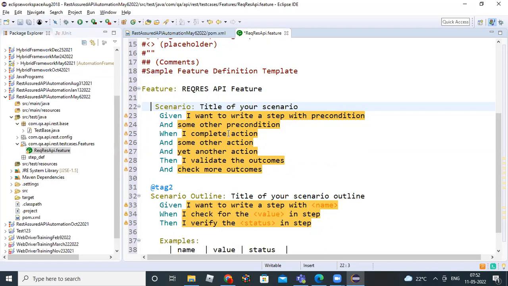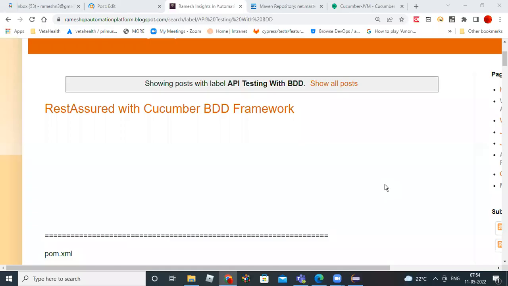Sir, I did not get the feature folder symbol with the green one. You made a mistake while creating that. Did you install yesterday's BDD Cucumber Eclipse plugin? Yes, sir. Then it's going to be a bigger problem for you. You have to delete the entire Eclipse and you need to create it again. So we have to start the